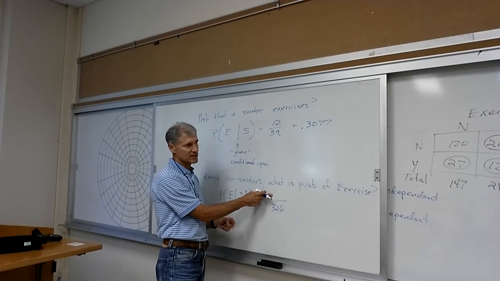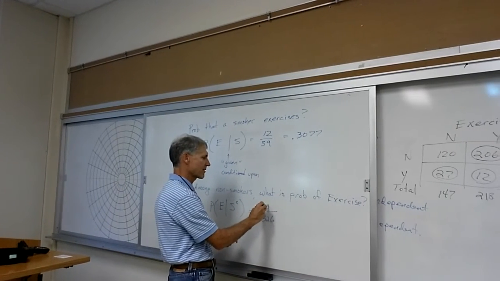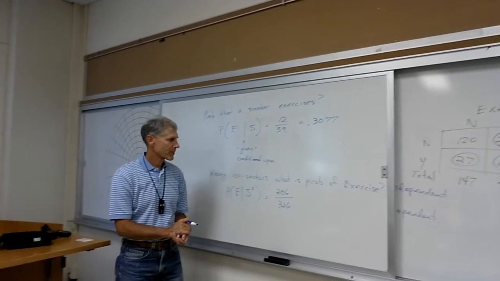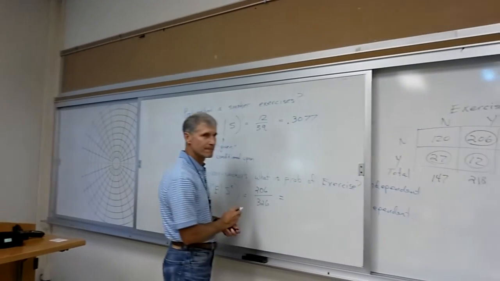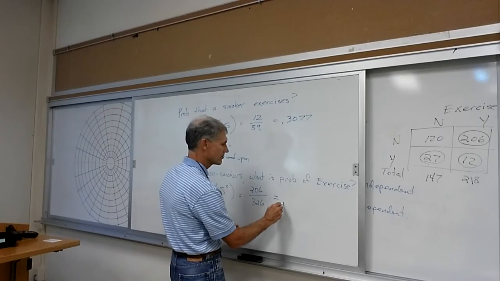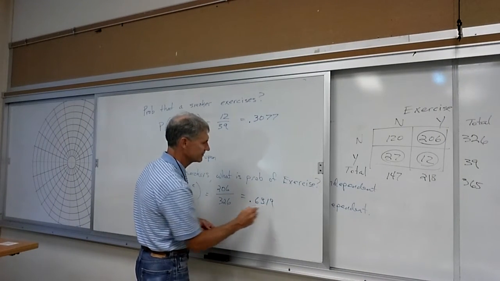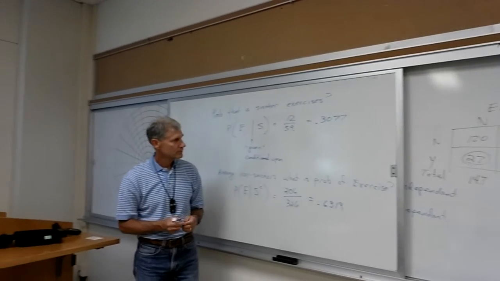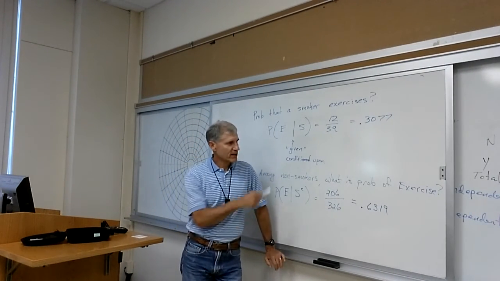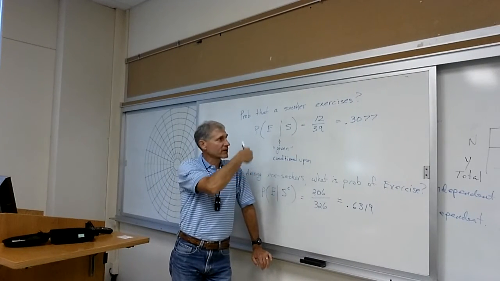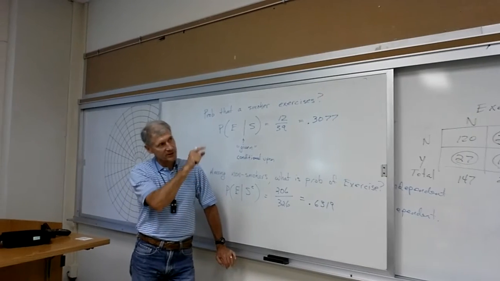And then the top is the number of exercisers in that row, which is 206. Okay? Give me that as a decimal. 0.6319. Okay? Now, before I go on and give you the formula for conditional probability, and then we're going to get from that the multiplication rule that I started over there,